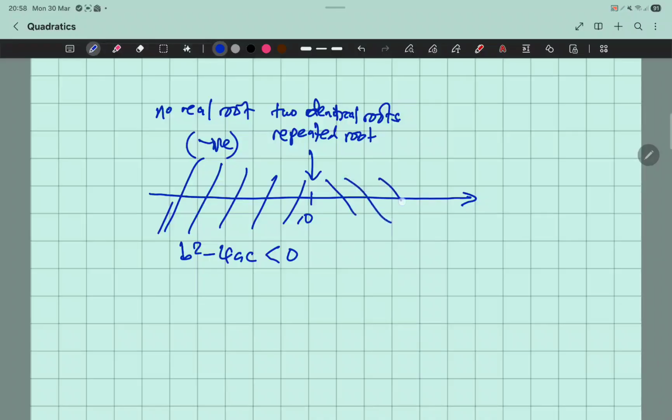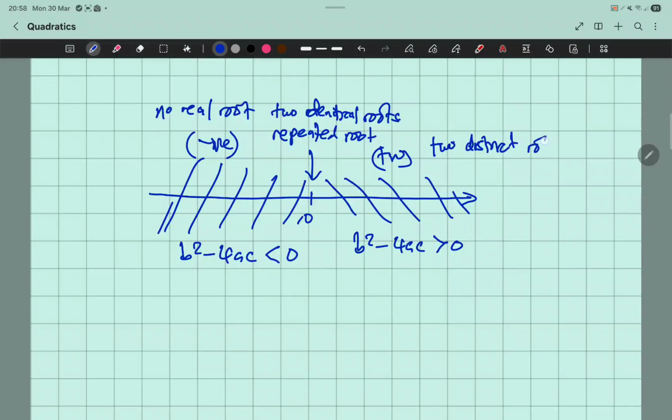Then when b squared minus 4ac is greater than 0, that is to say it's positive, there are two